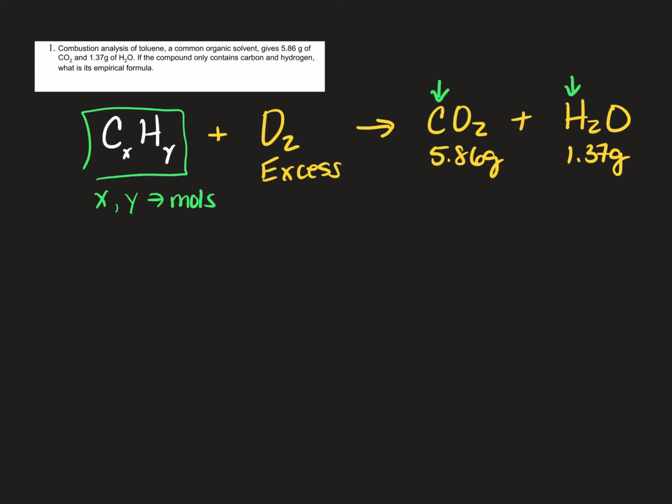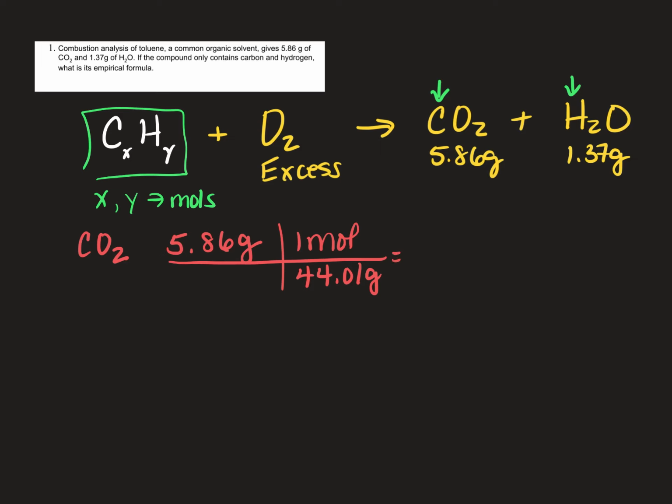So we're going to use that to our benefit so we can figure out how many moles of carbon, how many moles of hydrogen, and then we can find the molar ratio. We're going to start off with the CO2, and I know that I have 5.86 grams of it. In order to figure out moles, I'm going to use the molar mass. In 1 mole, there's 44.01 grams of carbon dioxide. So we're going to take 5.86 and divide it by 44.01. That gives us